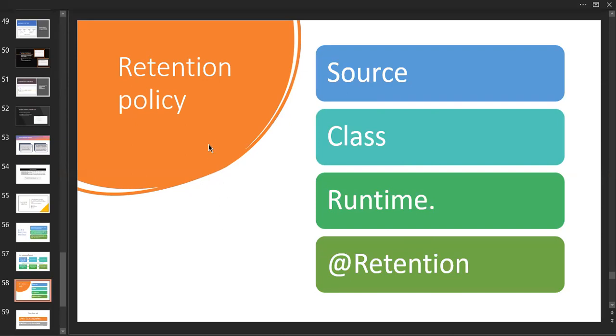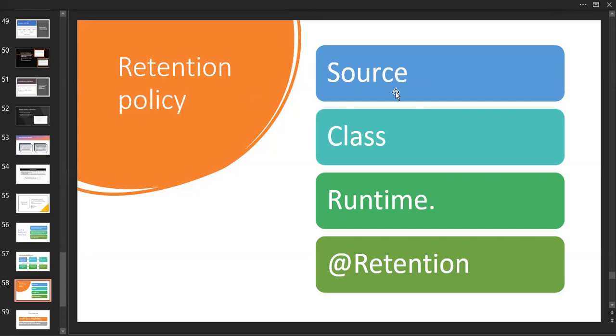You should not simply use an annotation without a purpose. Moreover, the annotations do not affect any process of the program, but we are telling it to use this particular time, at compilation or runtime. So this is a retention policy. The retention policy is nothing but how long the annotation in the program is retained. Again, I'm telling you, how long an annotation we declare inside a program is going to be retained inside the program.